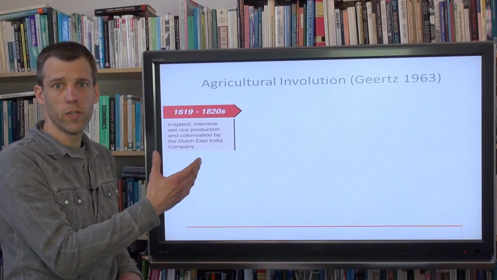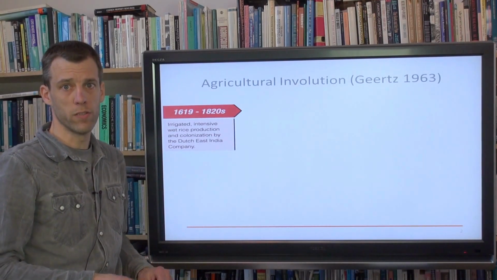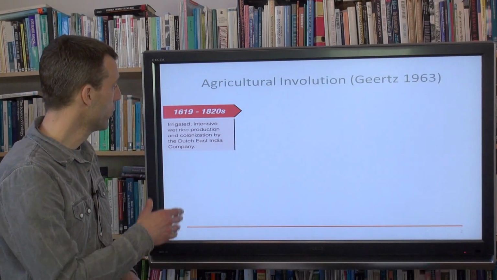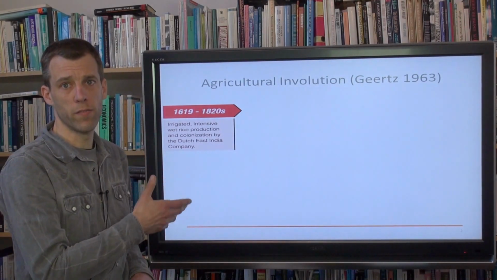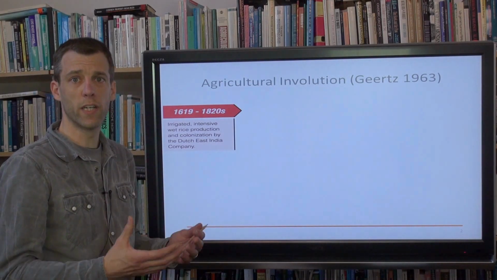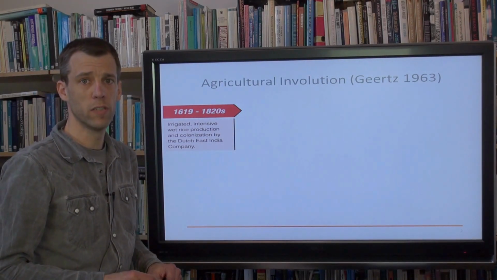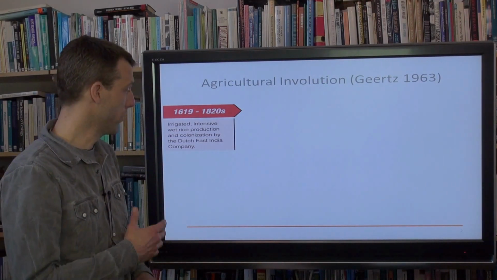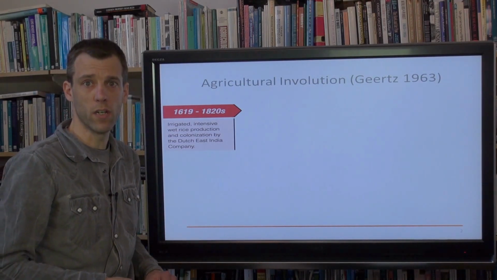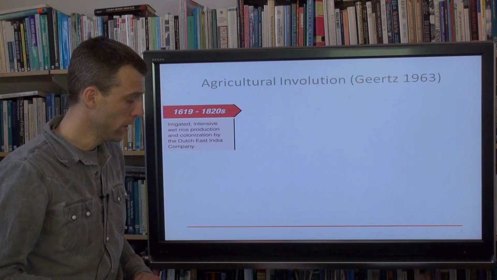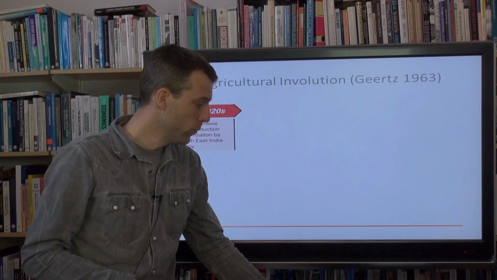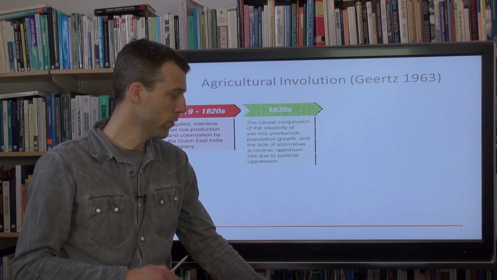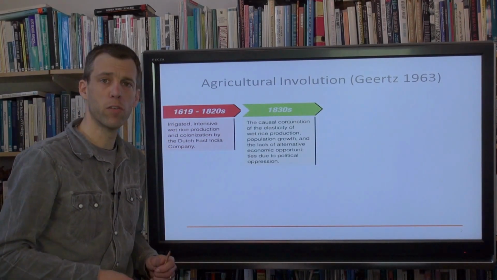Now I will show you the different phases of a path-dependent process and explain how they relate to the case study of Clifford Geertz. So first, in a path-dependent process, you will have the initial conditions that kick off a path-dependent process. And Geertz identifies wet rice cultivation and colonization by the Dutch East India Company in Indonesia. These are the initial starting conditions,